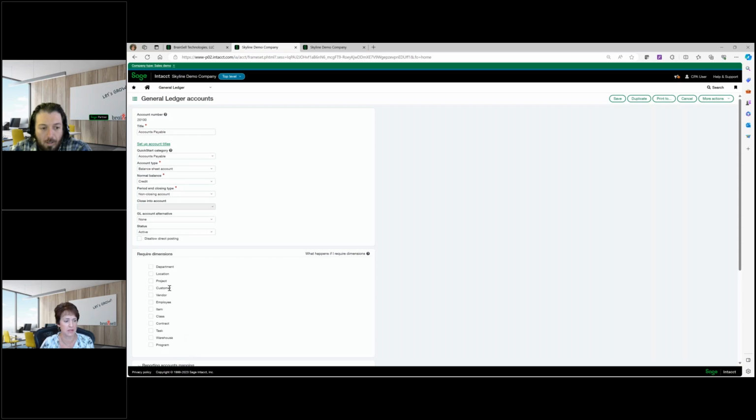There are some additional dimensions listed here because they might be additional modules, but as standard you have department, location, customer, vendor, employee, item, and class, which is user definable. So maybe you put in here job or something else that you want to track. By using the dimensions in reporting, I can pull those dimensions on either a financial report or a custom report, so it makes the reporting quite robust. Or I can find an entry and say, oh, I know I did this entry to a vendor, so let me pull in that dimension. It makes it really easy to